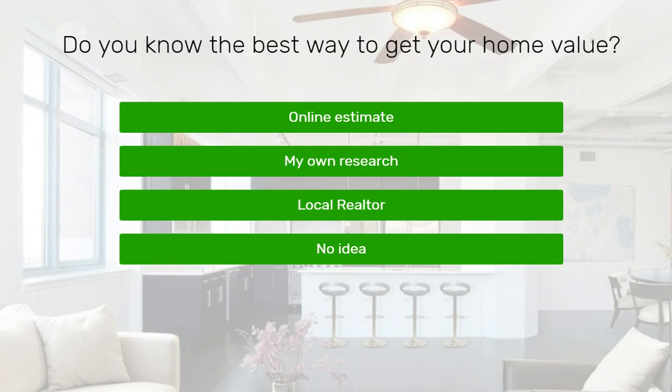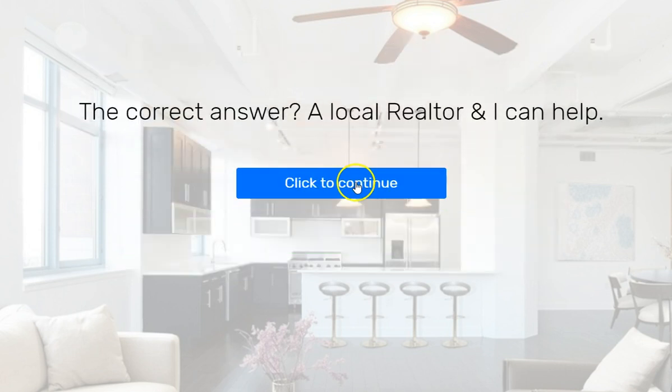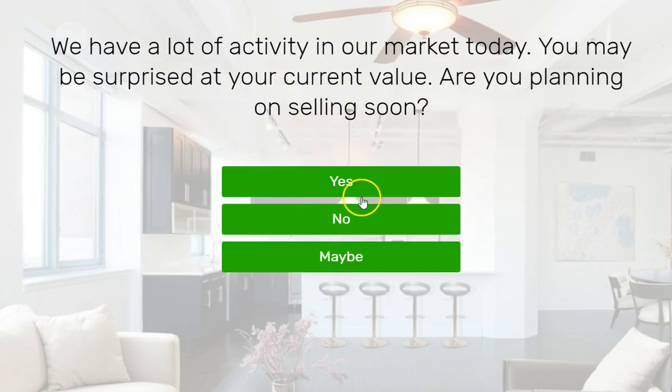Here's a live page, just a quiz page, right? And a quiz, it just asks a series of questions where the lead only has to click, and we're capturing information there, okay? And then at the end of this, we have a button that says click to finish or click to see it. Once they click that, the lead information, the full name and email of your lead, goes from Facebook